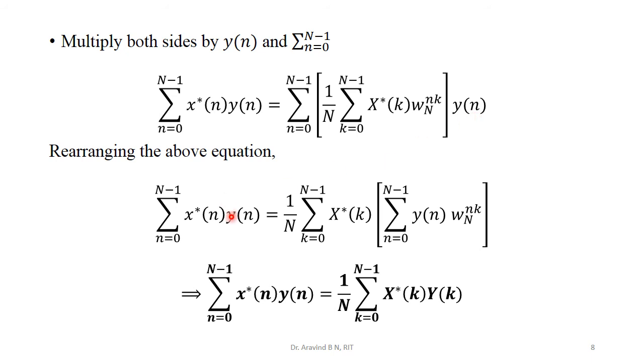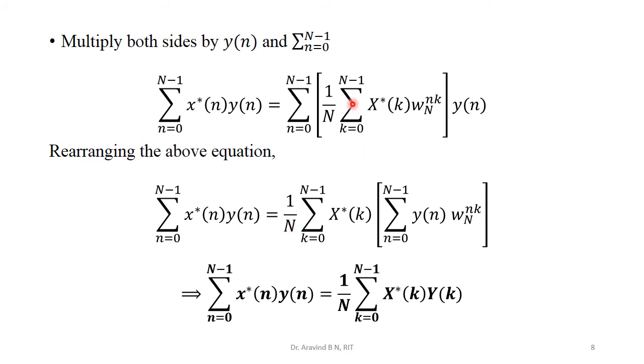Now the left hand side is retained as it is. On the right hand side, if we take a look at this expression, 1 by N is a scaling factor and that will be a constant. So we can take this 1 by N out of all the summations. Therefore, we can write it outside. So 1 by N has been written.